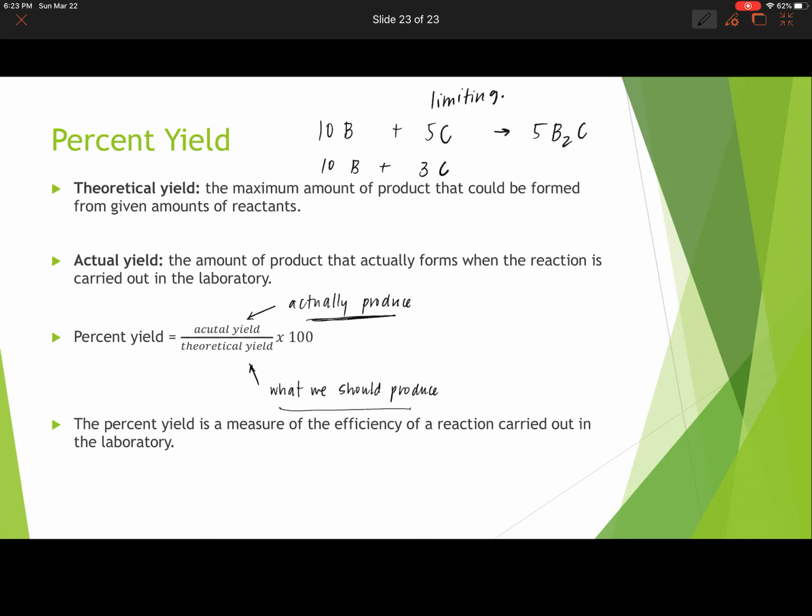And the percent yield is basically a measure of how well a reaction was carried out in the laboratory. The efficiency, the higher the number, the better, right? Better yield. We always want 100% yield. It's very rarely achieved. So I'm going to leave you with that, and then